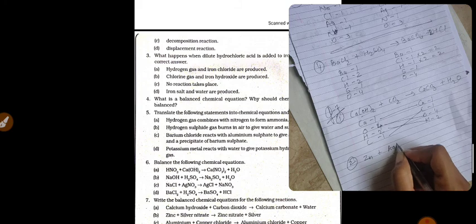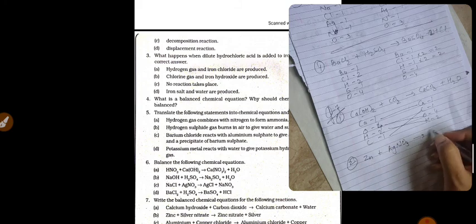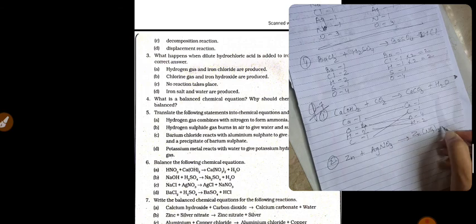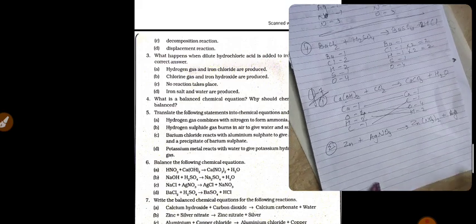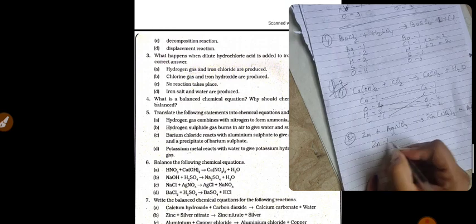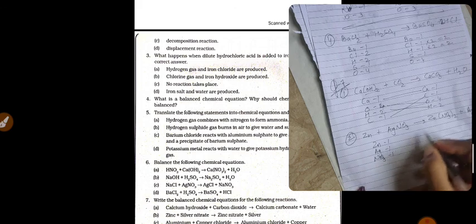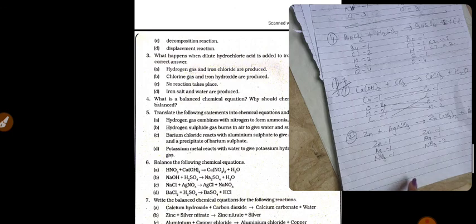Question number 2, zinc plus silver nitrate AgNO3 gives zinc nitrate plus 2 Ag, silver. Okay, zinc 1, Ag1, NO3 1, zinc 1, Ag1, NO3 twice. So now